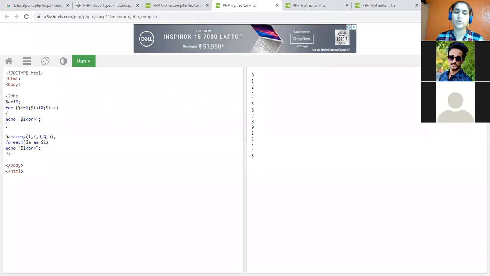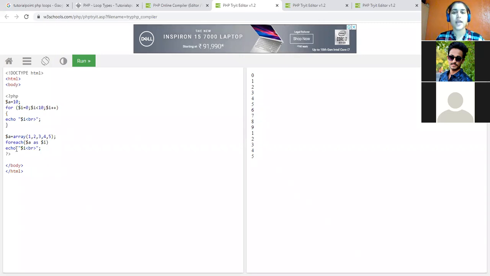We cannot do minus minus. We cannot specify a limit. Suppose I want to display the 4 elements only, I can write over here $I less than 4, but here that will not happen. Explicitly, you cannot mention the increment, decrement, limit, or initialization, nothing.